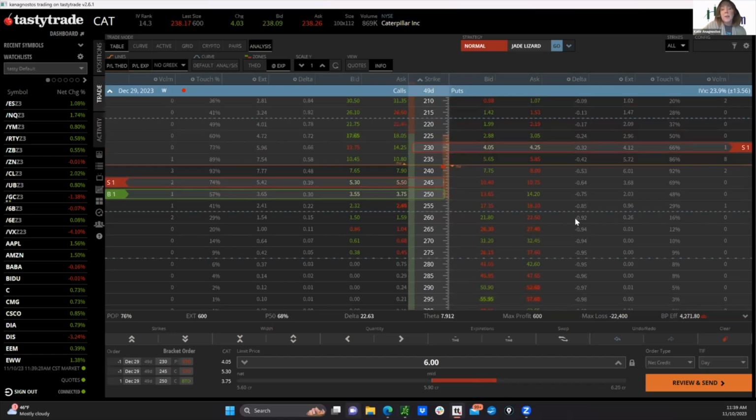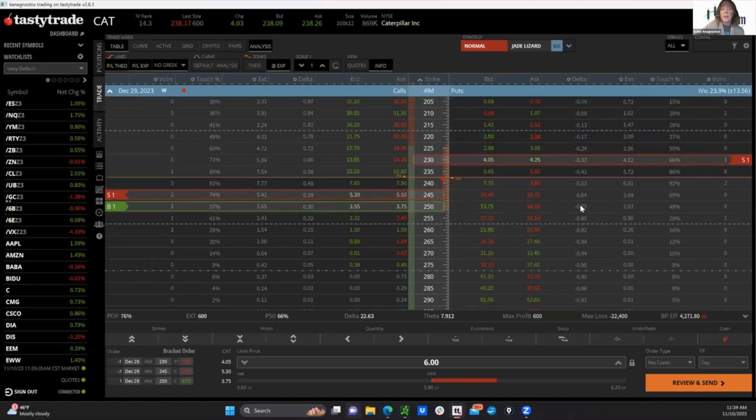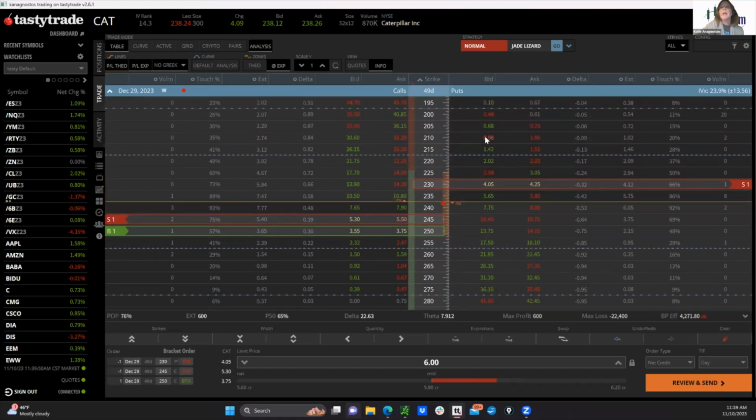So our undefined risk is here on the put side. So I'm going to go and buy a further out of the money put to define the risk. And that's also going to lower our capital requirement. So I need this credit to stay above $5 to have no risk to the upside. So that means I have about $1 to use to buy a put. So let's go and buy, we can try the 210 put,